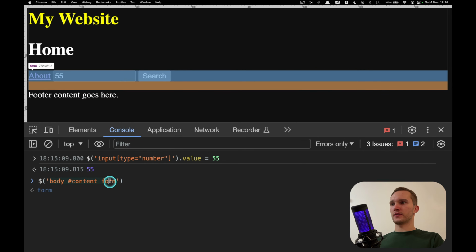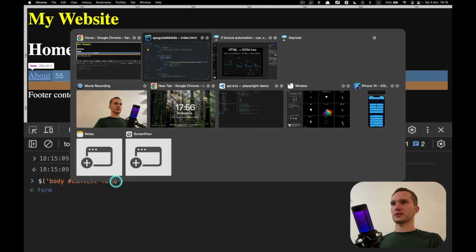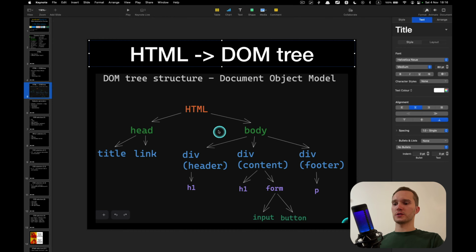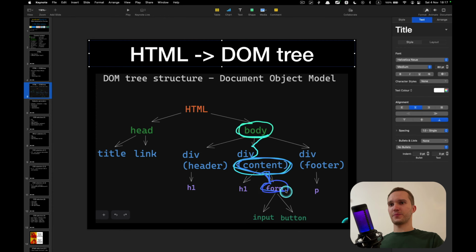So this is how we navigate through the DOM tree using selectors. Again, getting back to this diagram, we are saying, please select the body tag, then select the element with ID content, a child of body, and then inside of content select form. Okay, body, content, form. So it goes from top to bottom, body, then down to div content.